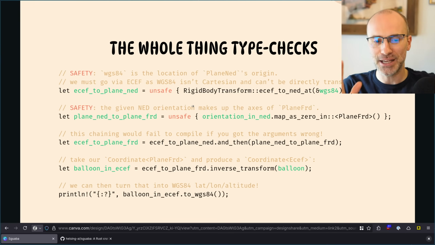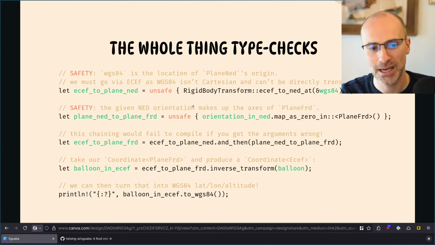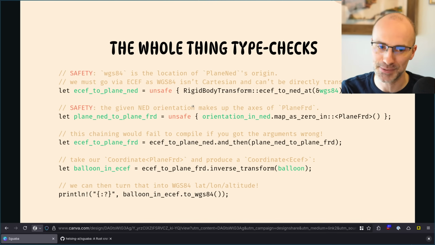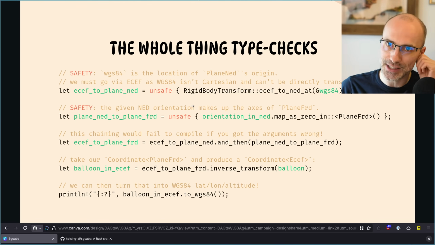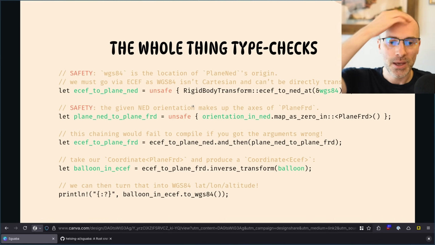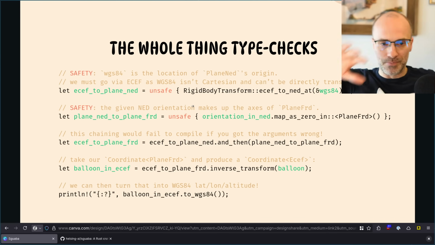The unsafety, I'm going to hand wave that away. It's explained in the README and the docs for sguaba why I think this is the right call. But it's not unsafety as in memory safety. It's unsafe as in type safety. Let's leave that alone for now. There's not any unsafe code in the true sense of unsafe in the sguaba library.